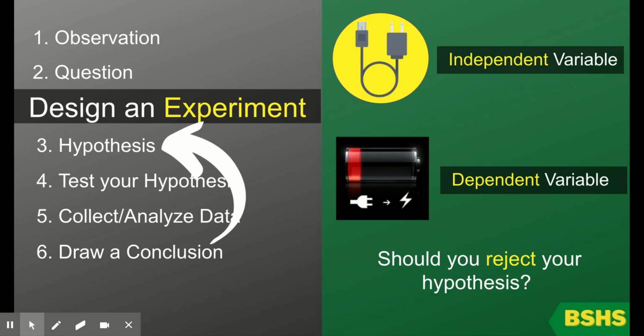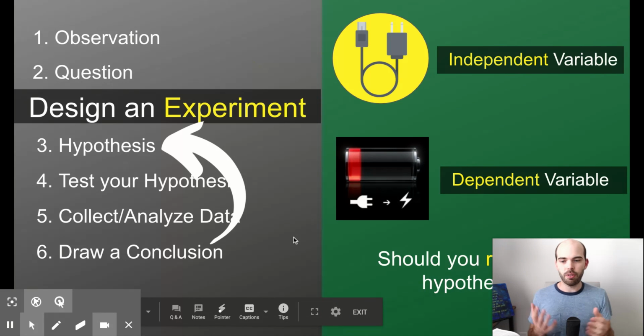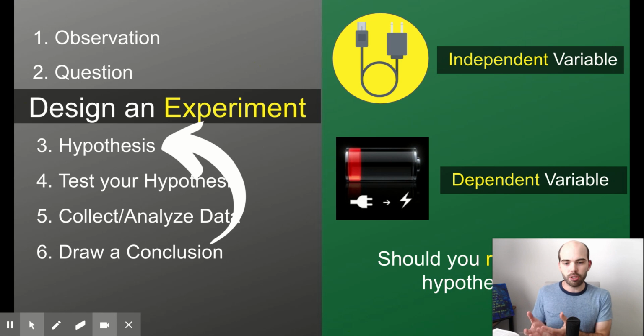So we go and we pick out a different independent variable. Maybe we pick the outlet. Maybe we pick your phone. Okay. But we switch, we try out a new hypothesis, and then we follow the same steps that come after that. This is the scientific process. Okay. You go through observation, you form a question, you design an experiment around that question by making a hypothesis, testing the hypothesis, collecting the data, and then drawing some conclusion. Okay, and that is where our journey begins when we're trying to understand the nature of science.